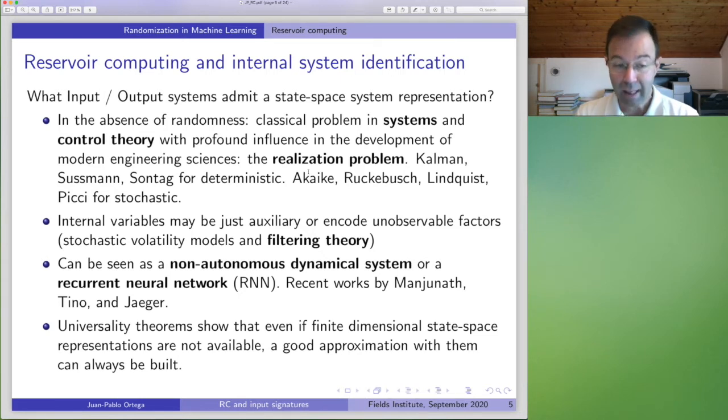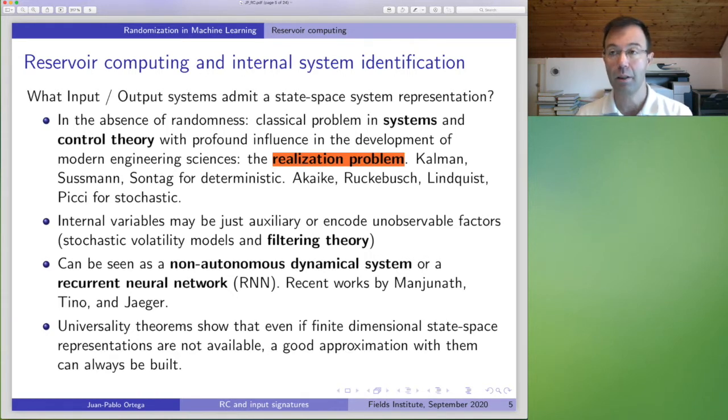So having said that, I wanted to mention that in the reservoir computing setup we have proved various universality theorems, and they bring light to, for example, this realization problem that I told you about, right? So a corollary of these universality theorems is that there are all these families, echo state networks, state-affine systems, we will talk about them later, that are universal approximants in the fading memory setup. Well, all those are state space systems.